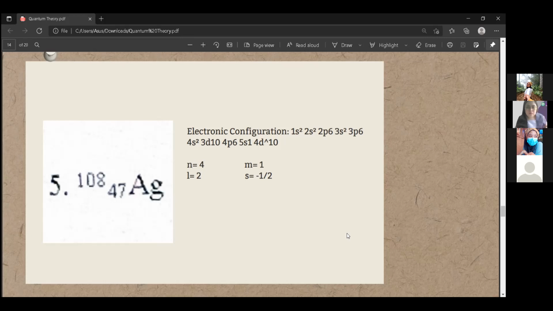So next, predicting the quantum numbers of the last electron. Since the last is 4d9, so n is 4, L is, since it is d, and if d, L is equal to 2, so 2, then m is, since the d has